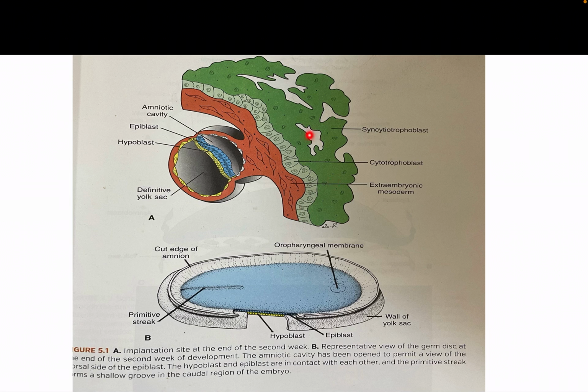Outside is the syncytium, which has lacunae; development of lacunae is occurring, in which later on spiral arteries flow, and the maternal veins carry the blood from these lacunae. From the lacunae, diffusion of oxygen and nutrition takes place through the syncytium, layer number 1, then the cytotrophoblast, layer number 2, and then crosses the extraembryonic mesoderm and approaches the embryonic disc. This is the embryonic disc, and it gives the development.